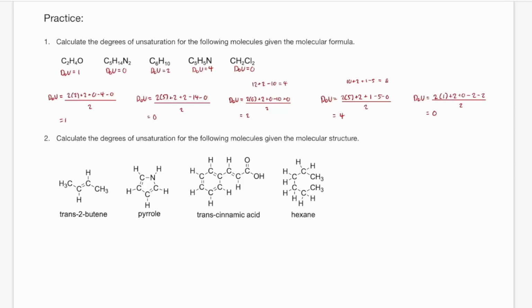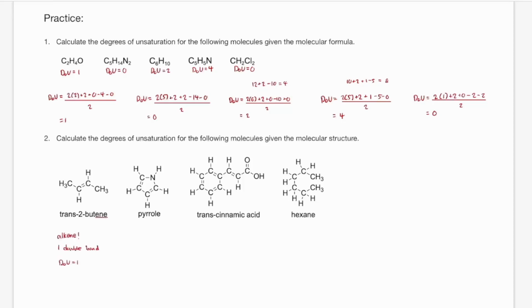Let's move on to the next question. Calculate the degrees of unsaturation for the following molecules given the molecular structure. Once again, feel free to pause the video and try these problems on your own first. For trans-2-butene, we can use the degrees of unsaturation formula, but there is an easier shortcut. Notice that the molecule is a hydrocarbon with 1 carbon-carbon double bond. This, along with its name ending with -ene, indicates that this molecule is an alkene and hence has 1 degree